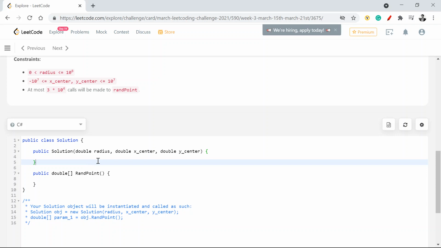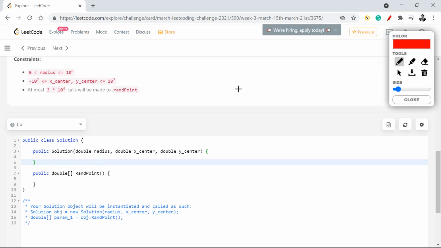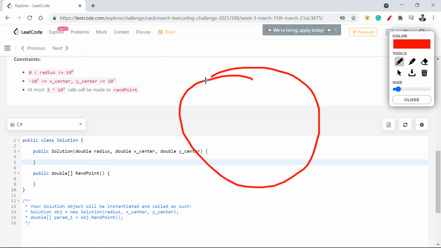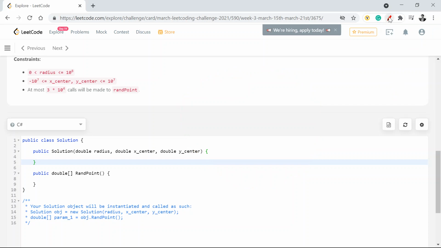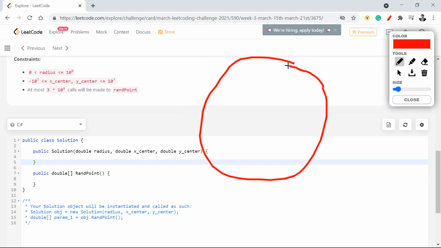But before going into that detail, I just wanted to ensure that everyone is on the same page with the circle properties. Say if this is a circle, and this is a center which is given to us, say x comma y.